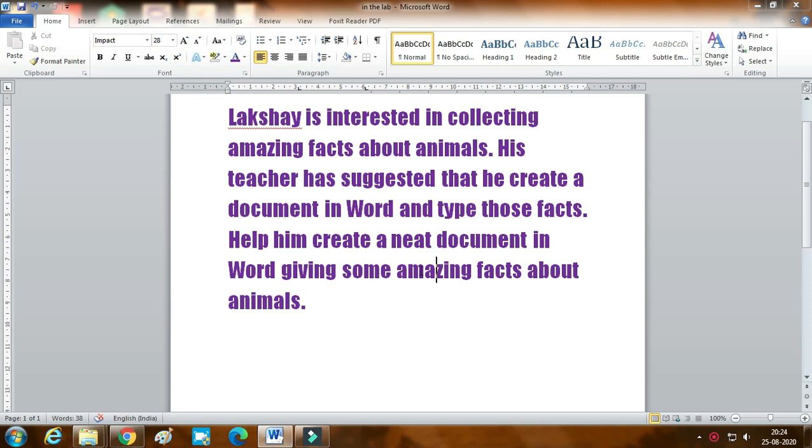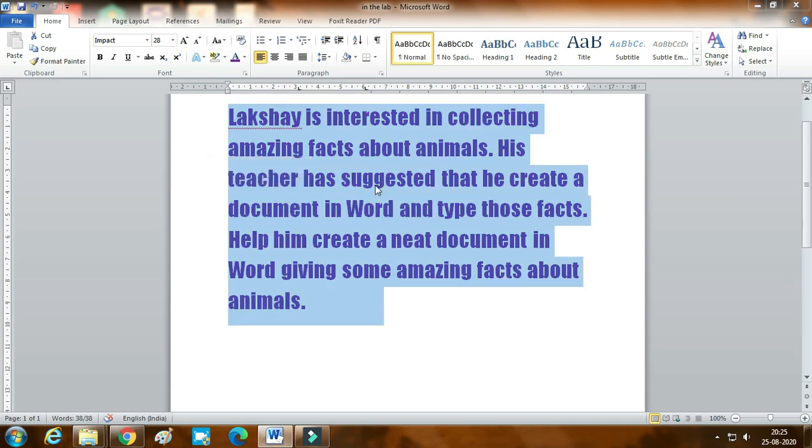The sentence is selected. Now we shall see double clicking. What will happen when you double click in the selection bar? You can see the entire paragraph is selected. Just a double click in the selection bar.